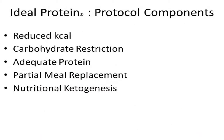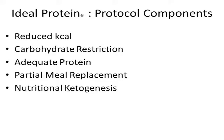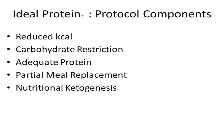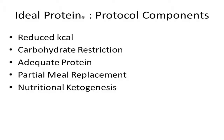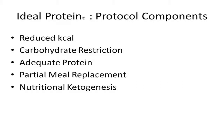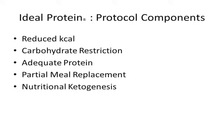Here are the basics of Phase 1, the weight loss phase of the Ideal Protein program. Reduced calories to create the necessary energy deficits so you lose weight. Reduced carbohydrates to shift your body from burning glucose to burning fat. Adequate protein to support and protect your lean muscle mass and provide protein so your body can make enough necessary glucose. Partial meal replacement. You'll be eating 5 to 8 ounces of lean protein, typically chicken, beef, pork, fish, or